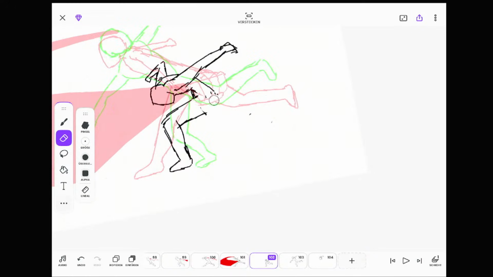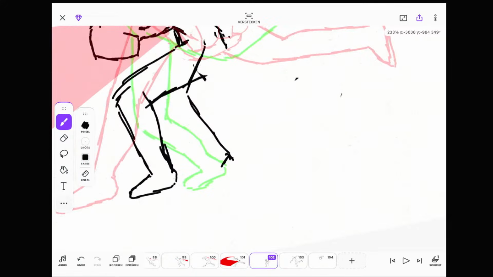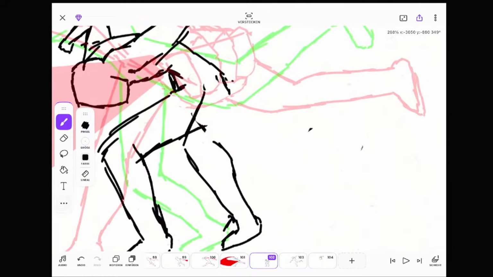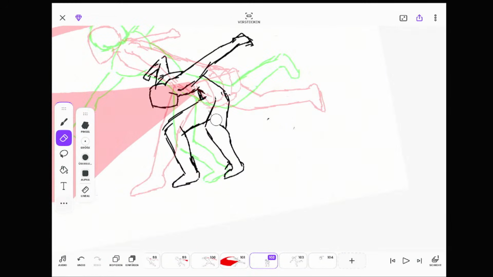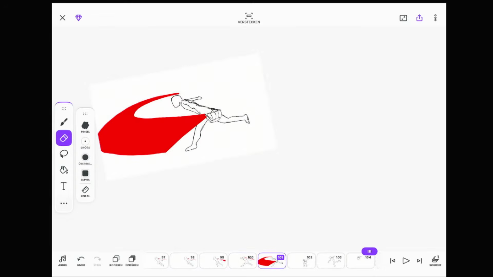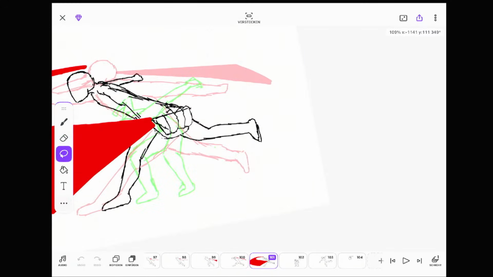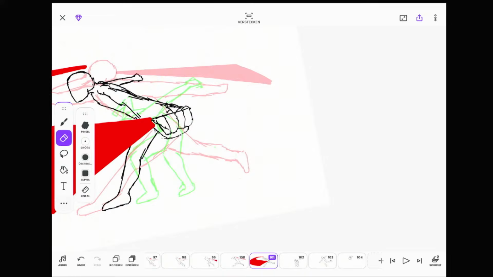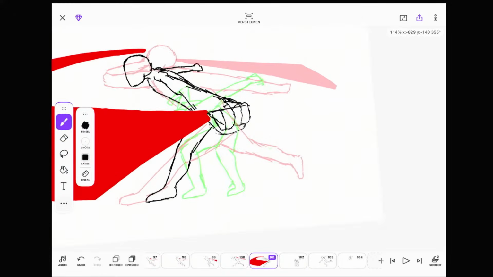This leg also needs technique down. Some mirrors.